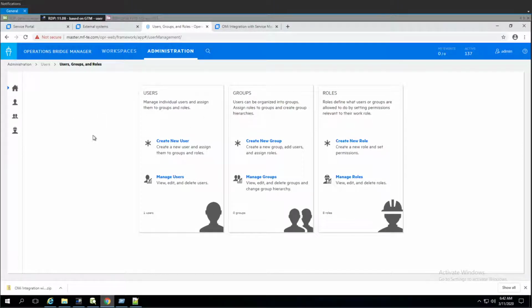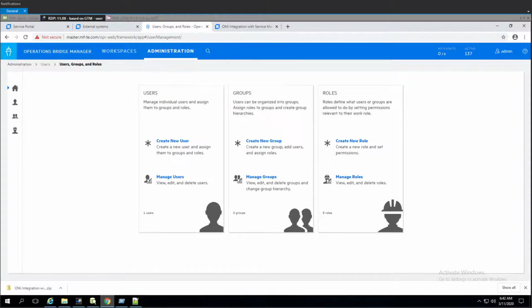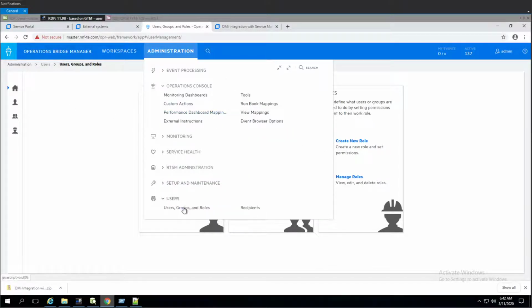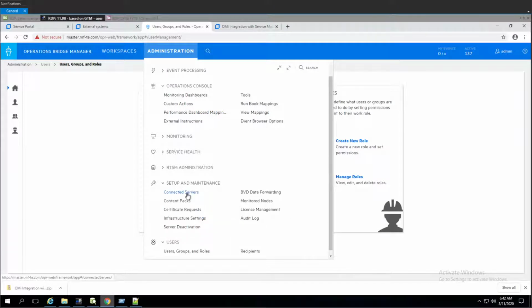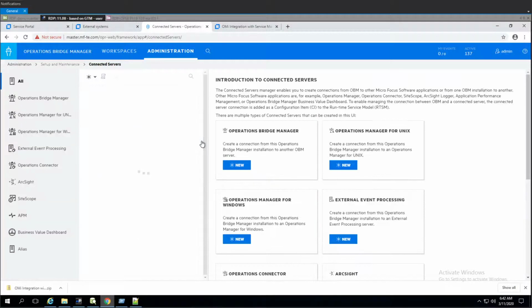Although it's not super required and there is a way to get around it, but you know what, we're not going to do this part, maybe later, maybe later. So first thing first, we will go to the connected servers. Okay, we'll skip this portion because we are going to use the admin user for our connectivity, right? So we're going to connected servers